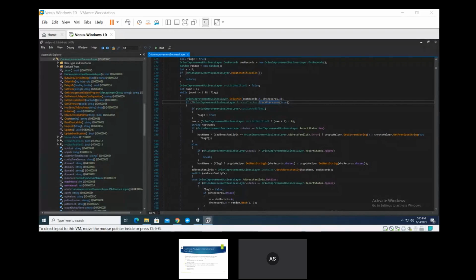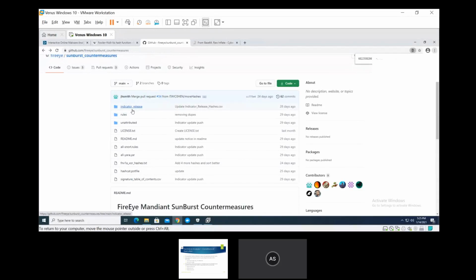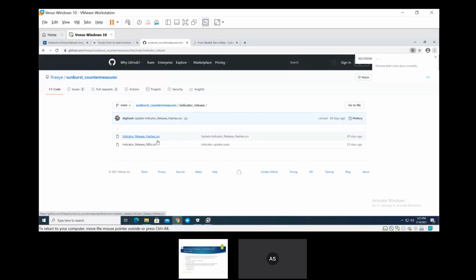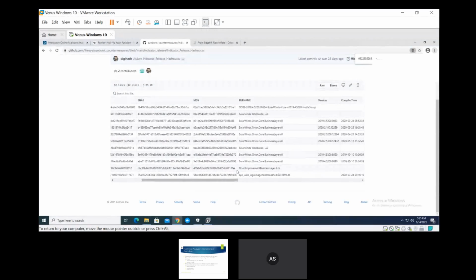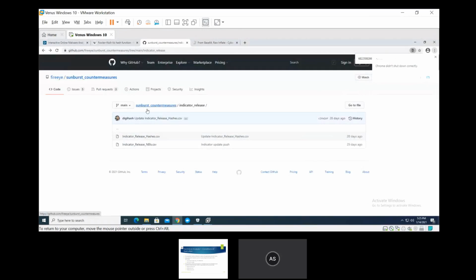If we go back to the GitHub, and go to the indicator release, by the way, just a side note, if you go to the hashes CSV, the hashes here are the hashes of the compromised DLL files. So the binary that I am working on decompiling is the DLL file with this hash, and this is its version. Each version of this DLL, the SolarWinds Orion Core business layer, is considered Trojanized, and each one has its own hash over here, which you can search, as I told you, at any.run, and download the sample of it. Now, if you go to the other file, the NBI file,